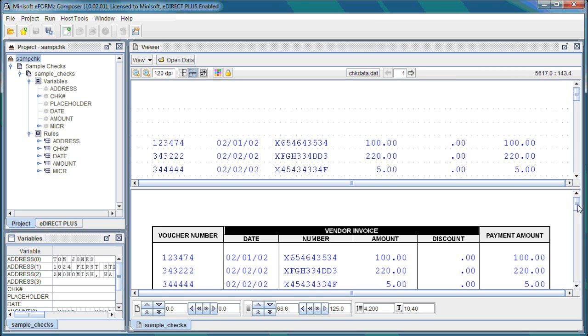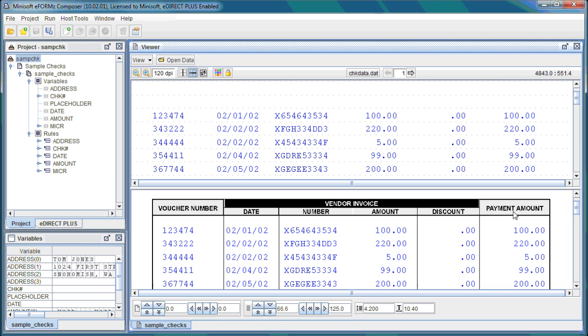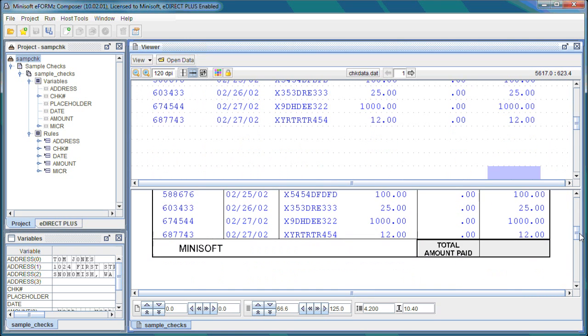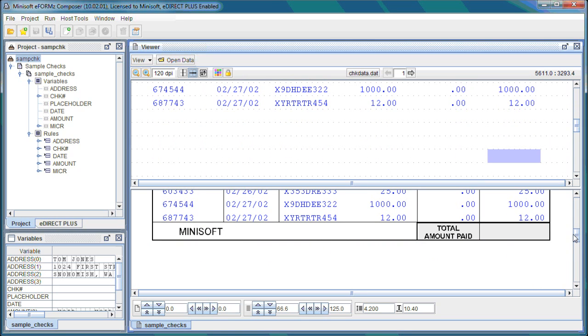And you'll note that in this payment amount area we have, of course, all the payments, but there's no total. There's no total at all. So how do we get the total amount paid down here when we don't have a total? Well,